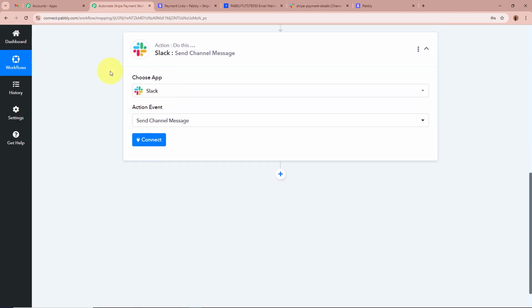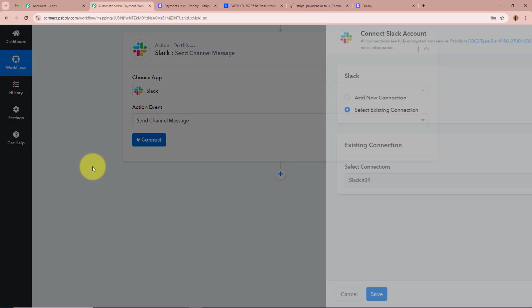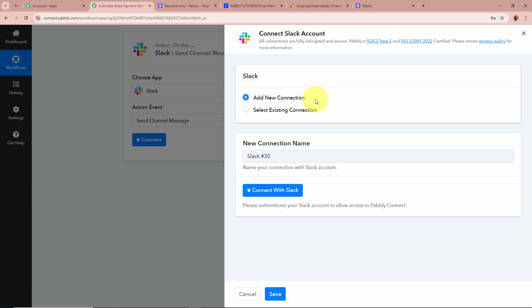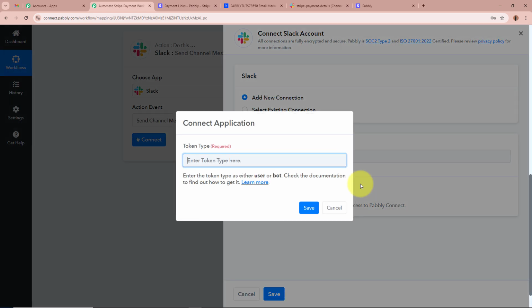Okay. After selecting the action application and the event, I'm going to click on this connect button. A new window is going to appear, on which you can add a new connection, or else you can select the existing connection. After that, we're going to click on this connect to Slack button. Over here, then a window is going to appear in front of you, which is asking for the token type. It can be either bot or user. So for the token type over here, I'm going to select bot,